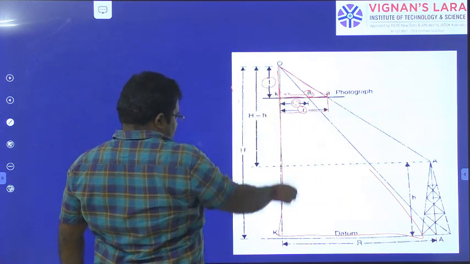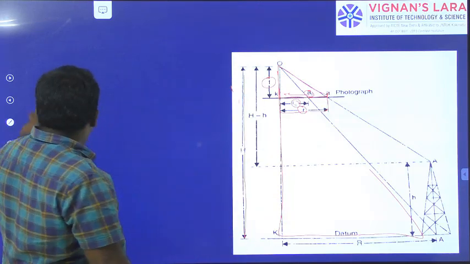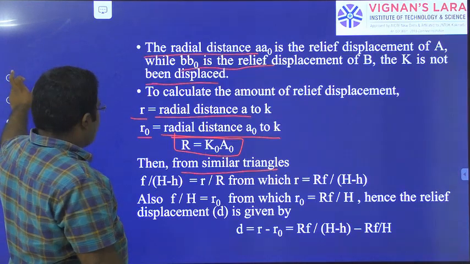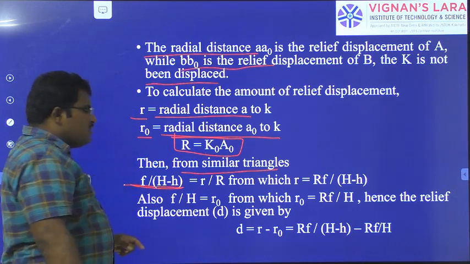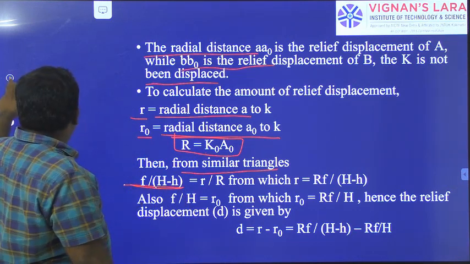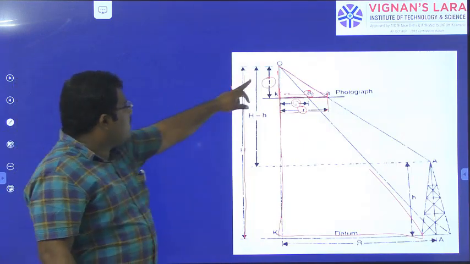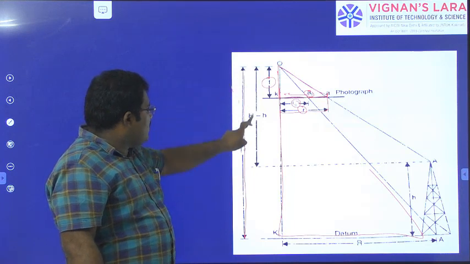Same F is taken here. That will be total height H. Right, so right here from the similar triangles, F by H minus h, right? So F by H minus h, okay? So now you can see F by, this is one triangle, this is another triangle, this will be equals to